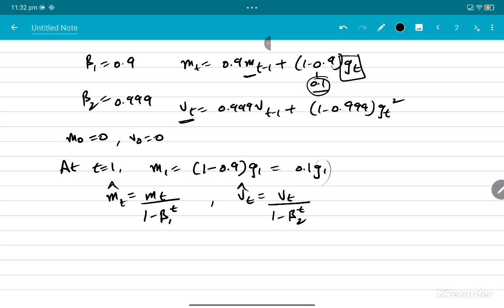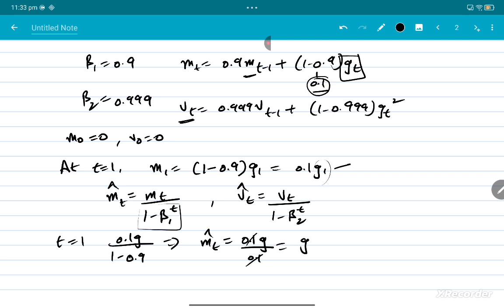At t equal to 1, we are dividing by 1 minus beta 1 to the power t, which is 1 minus 0.9. And m_1 in this case is 0.1 g, so m_t hat equals 0.1 g divided by 0.1, it cancels out